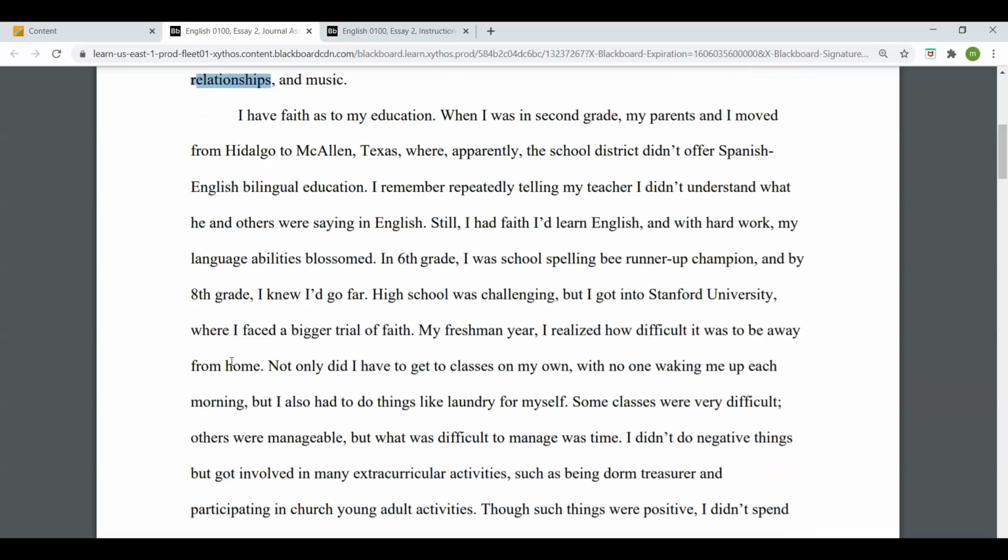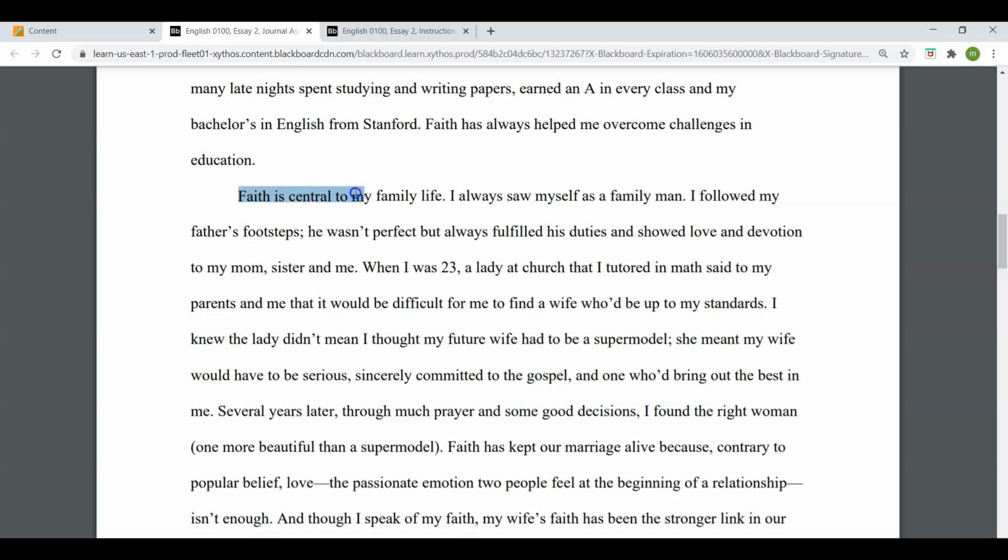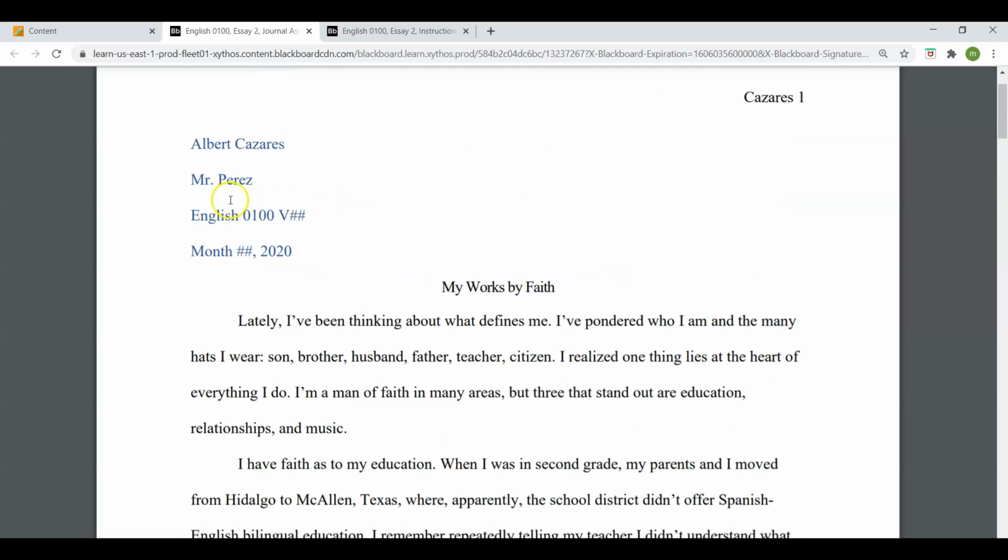And notice I said relationships, whereas over here I said family life. Well, that's all right. Maybe I should have used relationships here, but it's fine. You don't always have to use the same word, just something that's close enough, right? In fact, often it's desirable to use a different word, some kind of synonym, something similar, so it doesn't seem so repetitious, okay? But maybe if I were going to do a rewrite, I might change this to family, right? Just to be more direct, like a carbon copy here and then there and then everywhere. All right, that's fine. But I'm okay with the fact I put relationships, but I can see how possibly I could change that to family.